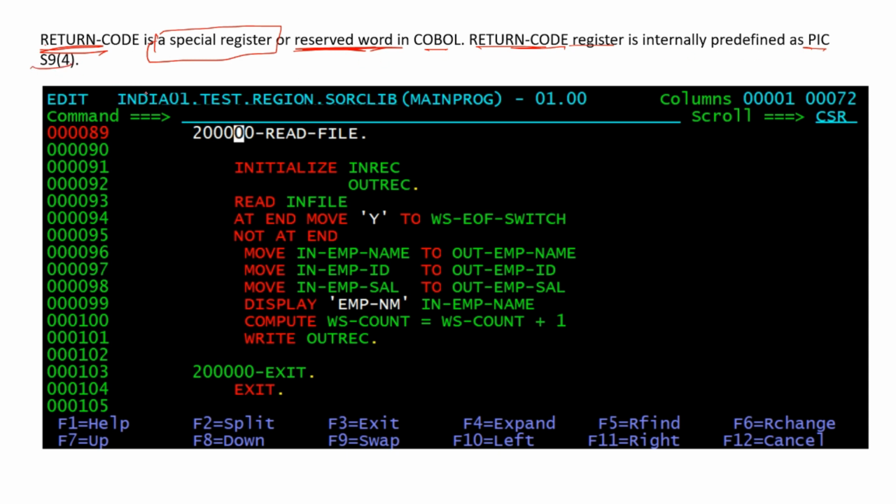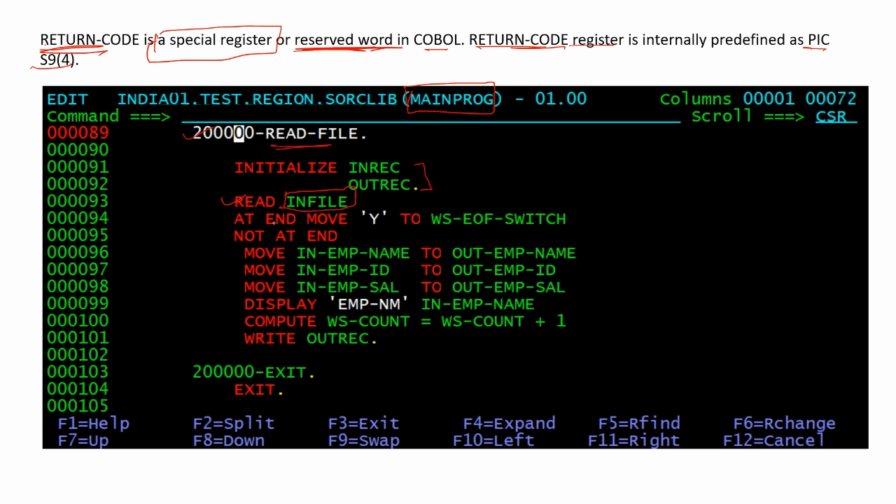Let me explain this with one example. I have written one main program. In this read file para, I am first of all initializing the input record and output record of the input file and output file respectively, and then I am reading my input file.